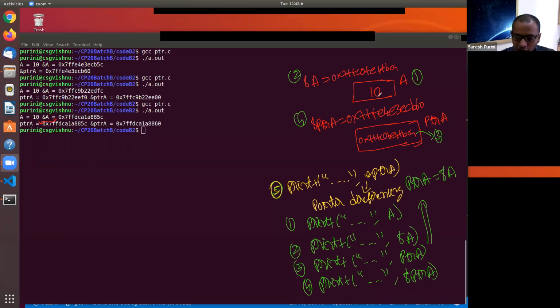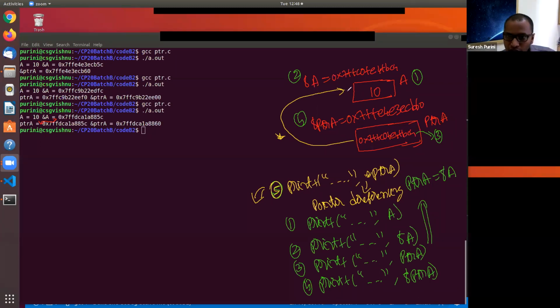Are you with me? So what will be printed? Because of statement 5, 10 will be printed, because when we apply the star operator, the address that is present here is taken. We use its address to do a pointer jump.